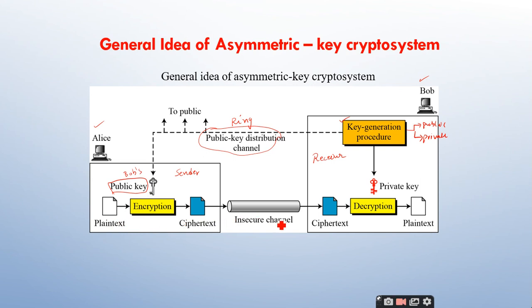And she will encrypt it and send it to the communication channel. You can observe here that this is an insecure channel. Why? Because this communication channel can be attacked by any third party user. That's why we call it an insecure channel. Once the ciphertext has been received, Bob has to apply the decryption algorithm, for which he is going to use the private key to generate the plain text. Whose private key is this? Bob's, sir. So is it clear?